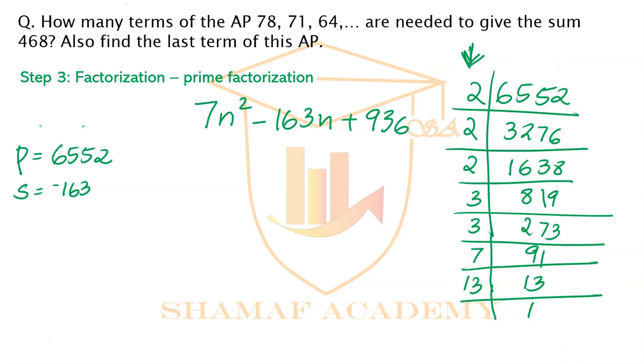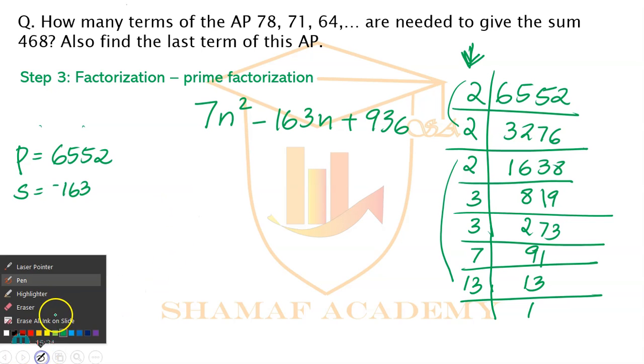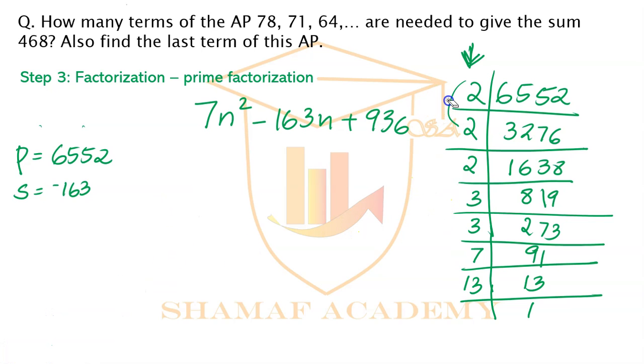This is our prime factorization of 6,552, and from here we have to make some groups. Maybe I can make this group, maybe I can make this entire other group. I have to make two groups and I have to multiply and check if I'm going to get those two numbers or not. So what I can understand is that if I make this group right here and if I make this other group right here,